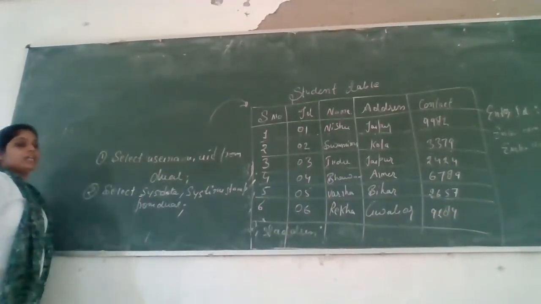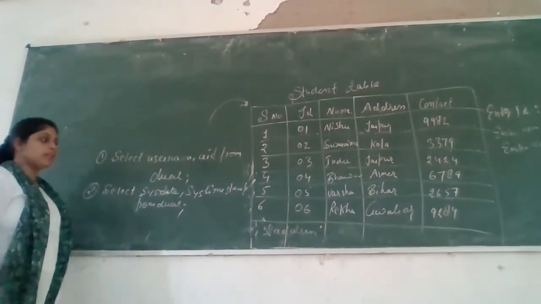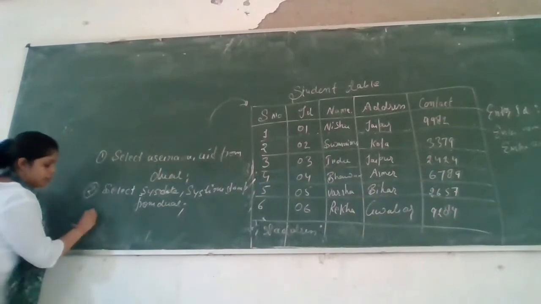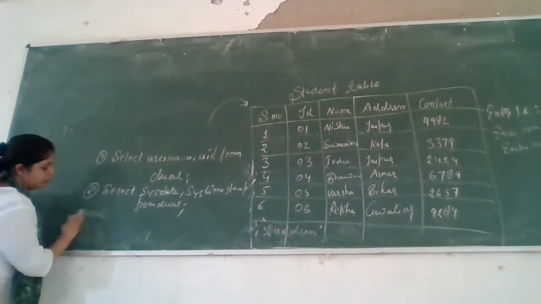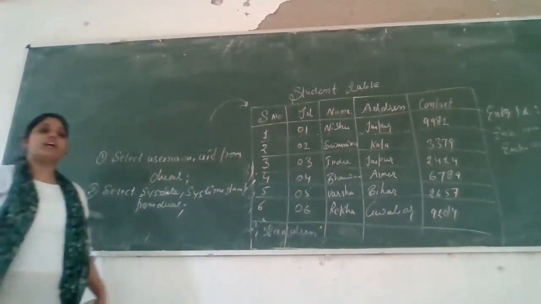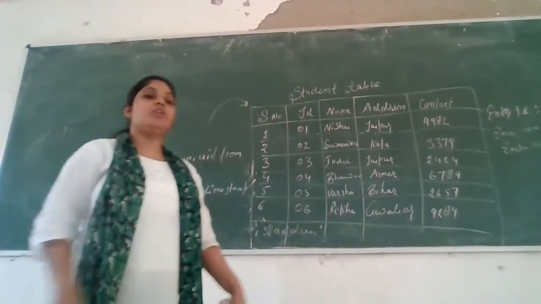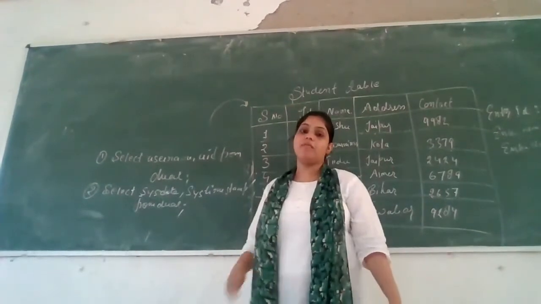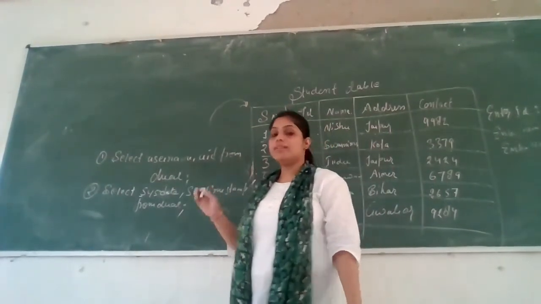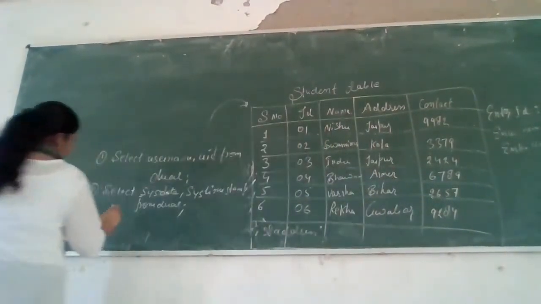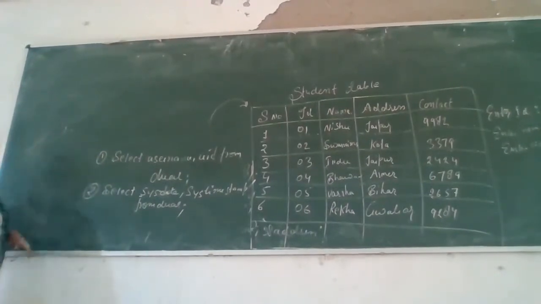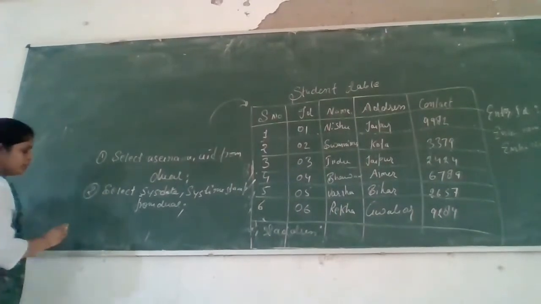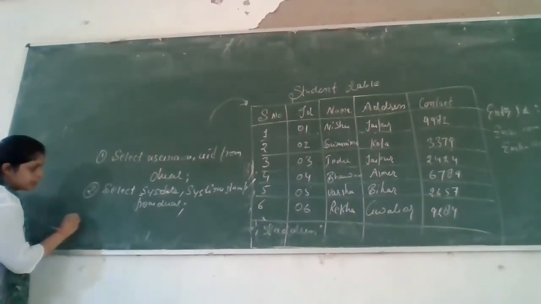You can see your system date. You can check your system timestamp. Timestamp means your time zone, your date, your month, your year, and everything about the time and the date. You can see it by using the timestamp. So what is the timestamp and what is the sysdate? How can we check by using this command? So the output will be like this.